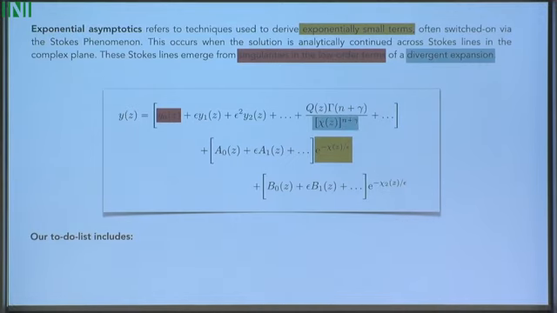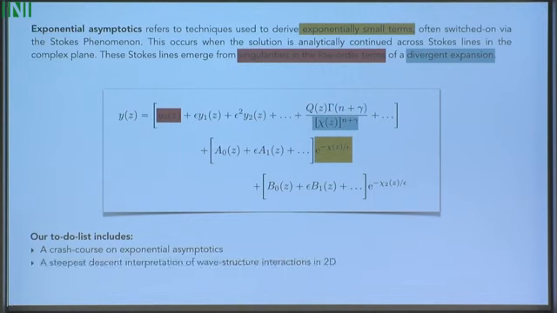Okay? And you'll notice that the chi here looks the same as the chi here, and that's part of the trick of doing this type of analysis. There's often a connection between the way the thing is diverging and the exponentially small terms you're trying to find. Okay? So our to-do list: let's give you a bit of a 10-minute introduction on this topic of exponential